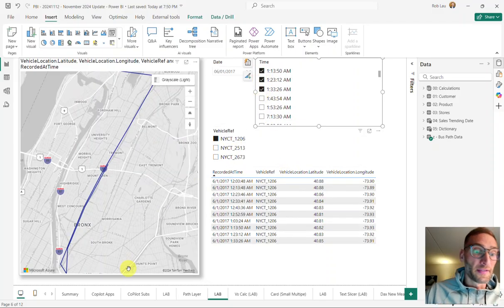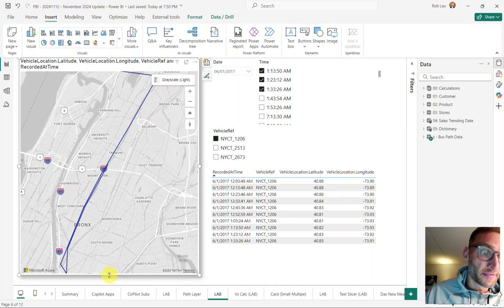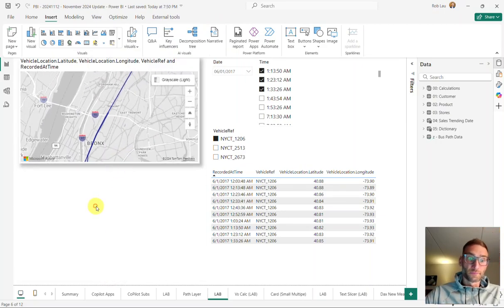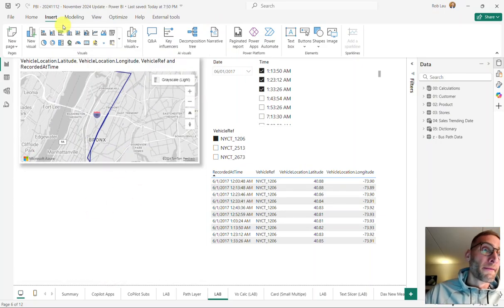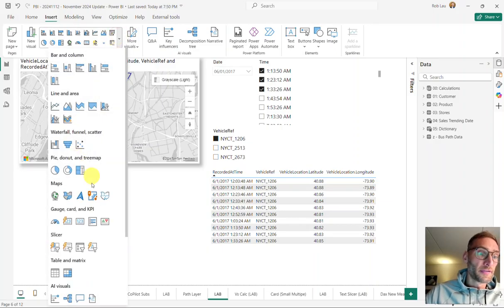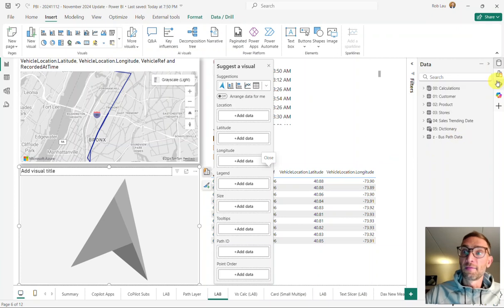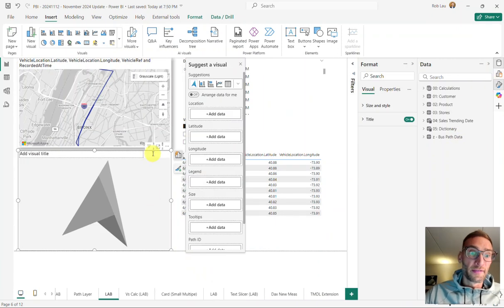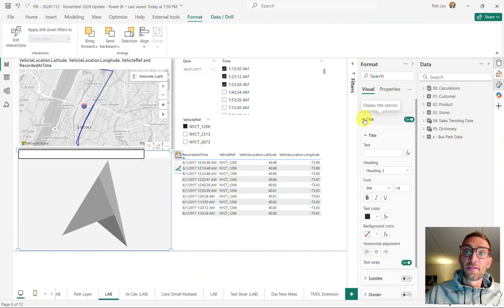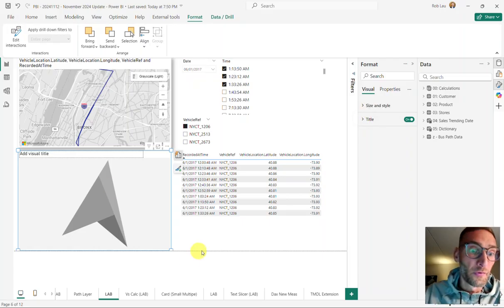So let's talk about setting this visual up. We're going to take this, make it half. So here's what you're going to do. You're going to go to Insert, and you're going to pick a new visual. It must be the Azure map, and that's going to be blank. So that's intended. Let's click it. And here are the new elements of it. So when we come to the map,